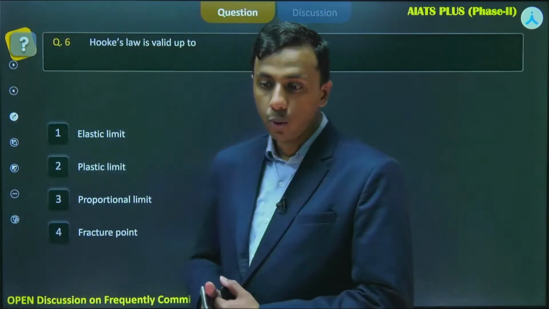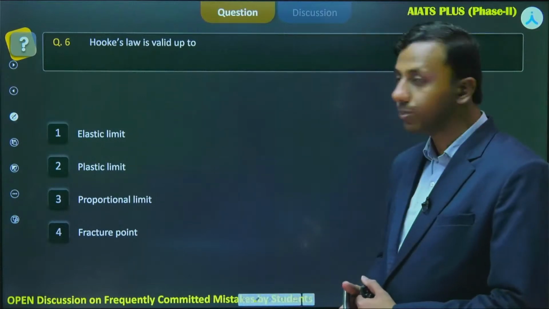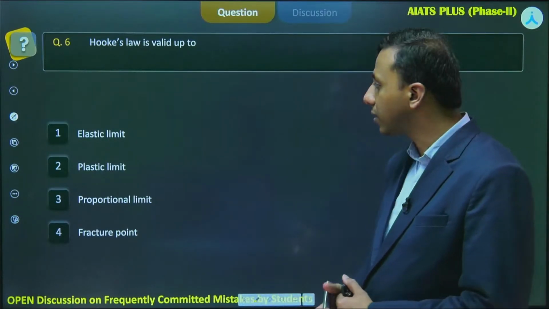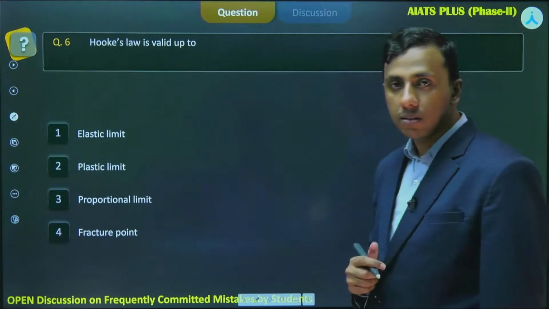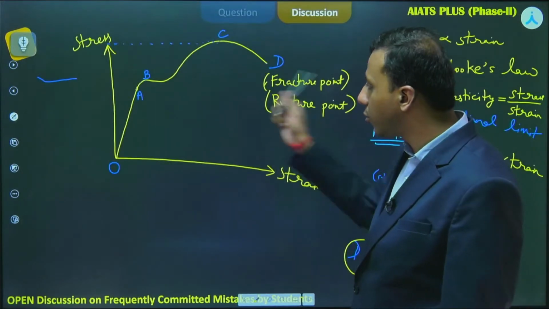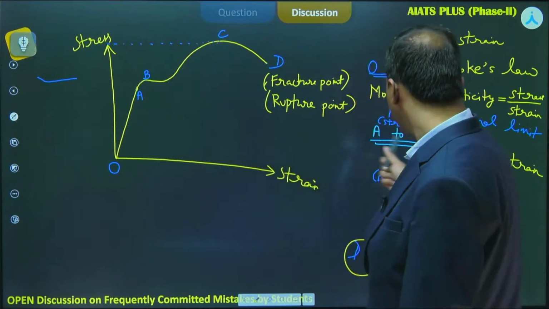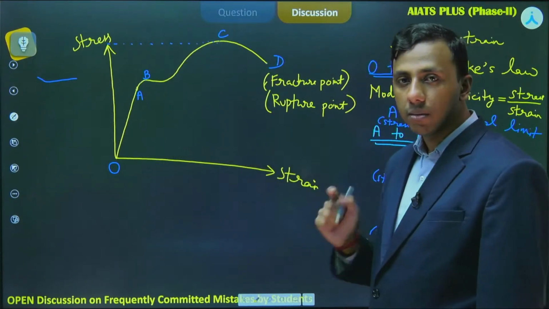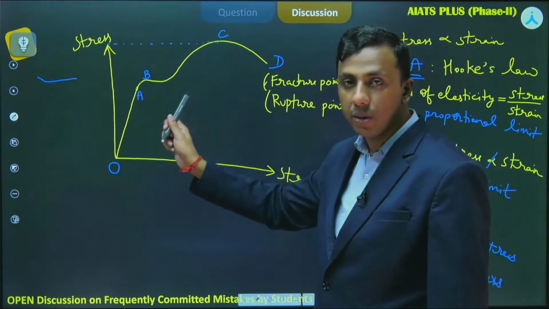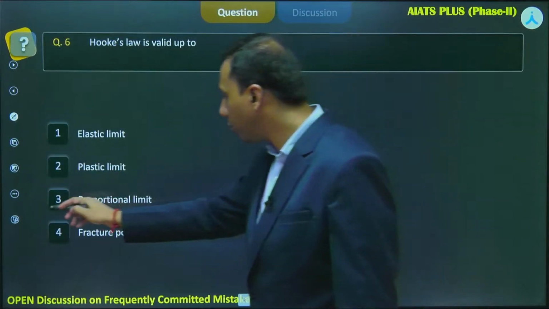It says Hooke's law is valid up to. Hooke's law is valid up to, they are asking. Which one would be the answer? Pretty simple, right? Because just now I said Hooke's law is valid only up to A, not until B. B is your yield limit, but only until the proportional limit is Hooke's law valid. So the correct answer would be,